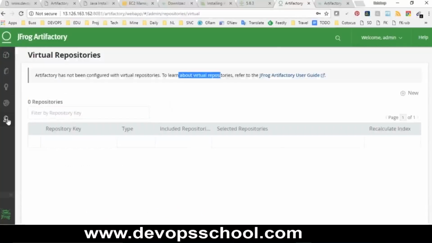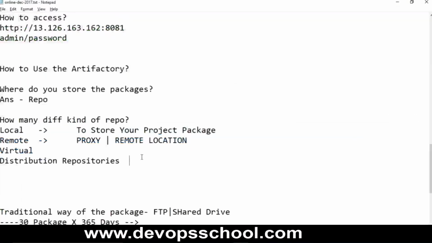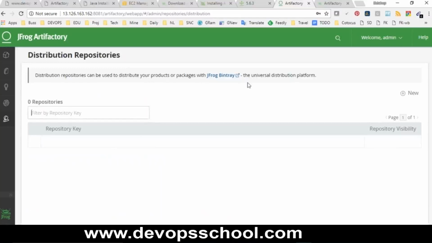Okay. Now there's one more repository which you probably use, the distribution repository. Distribution repository is like a group actually. So you can put multiple local and multiple remote repositories in the distribution repository. Again, if you want to know about all these repository kinds, the best way is to search